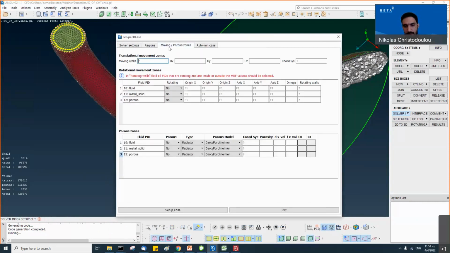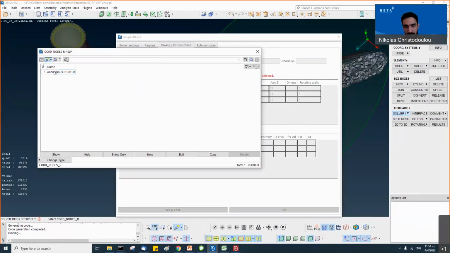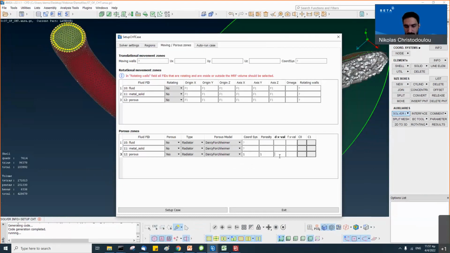We have a moving porous zone here at the porous, so yes. And we can specify the coordinate system of the porosity, which will be 1 here, and we can specify values for the Darcy-Forchheimer porous model, and click on Setup Case.